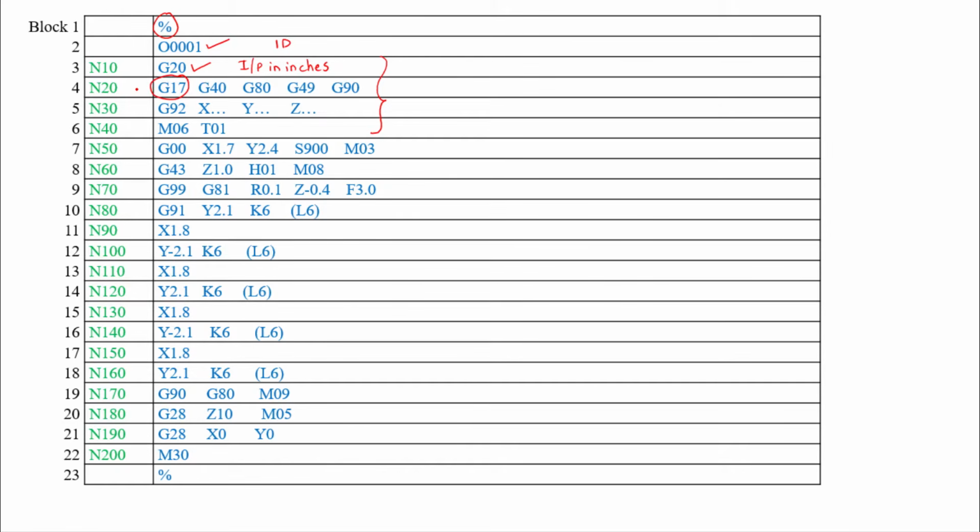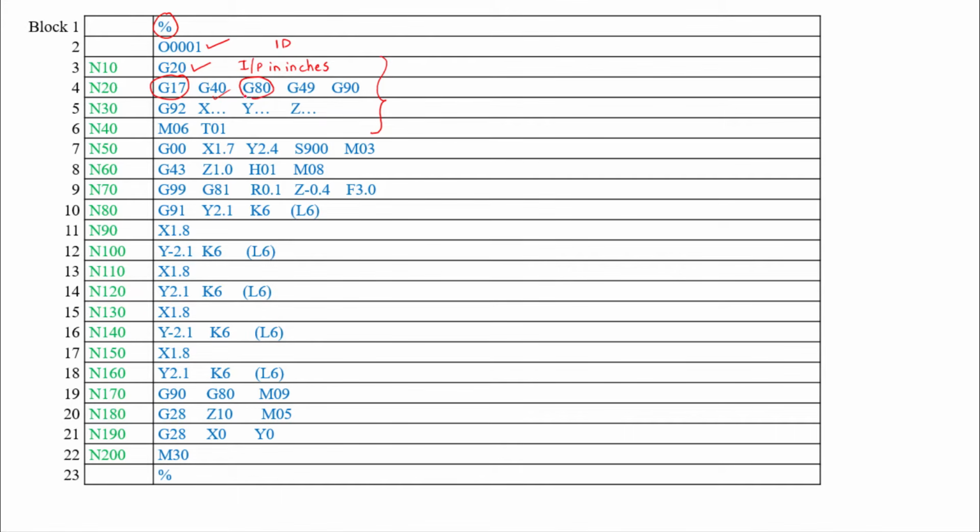Then we are using the preparatory commands such as G40. G40 is cutter compensation cancel. We will see the meaning of cutter compensation in the next example. G80 is canned cycle cancel.